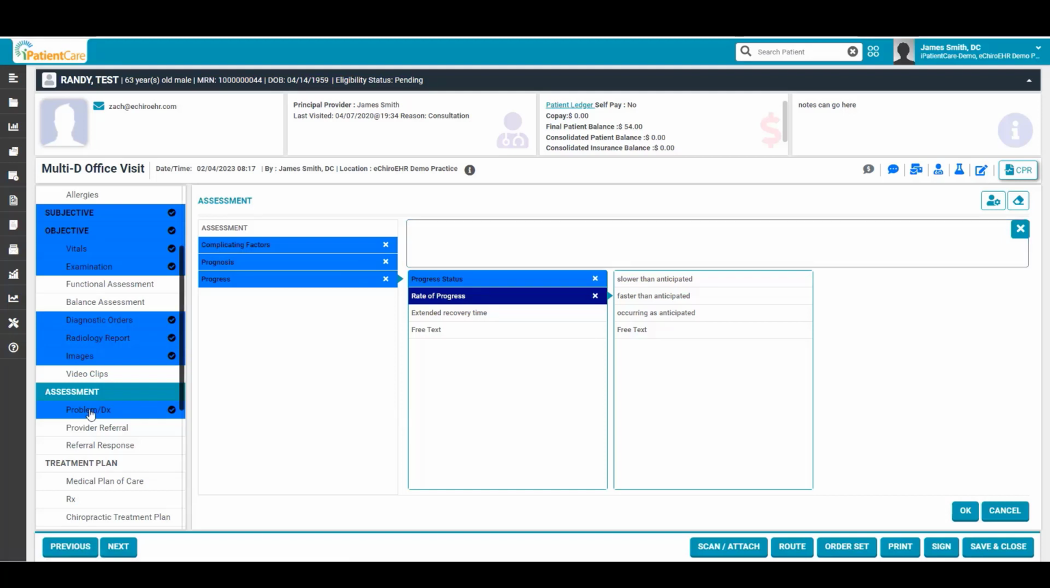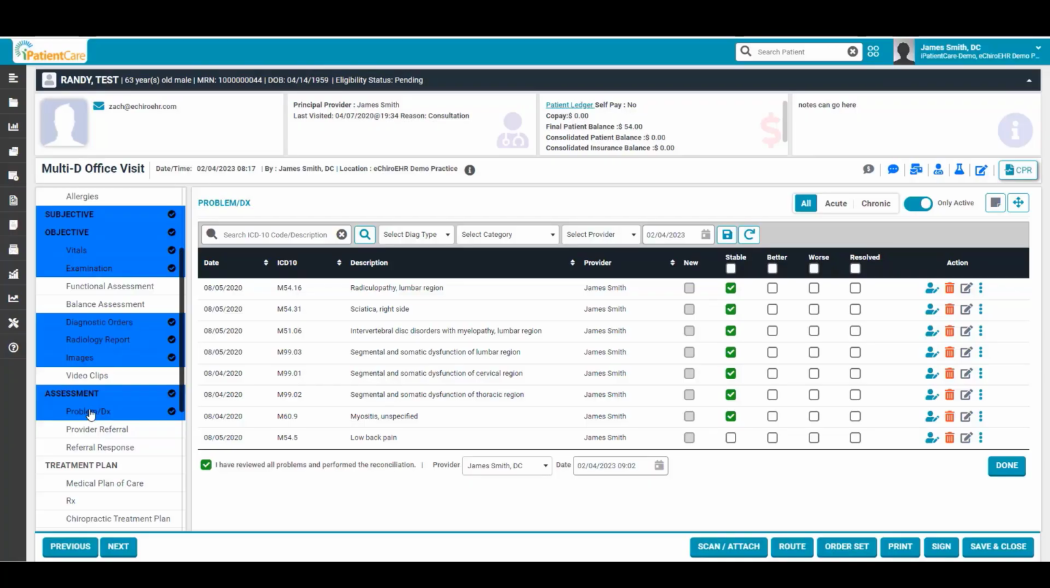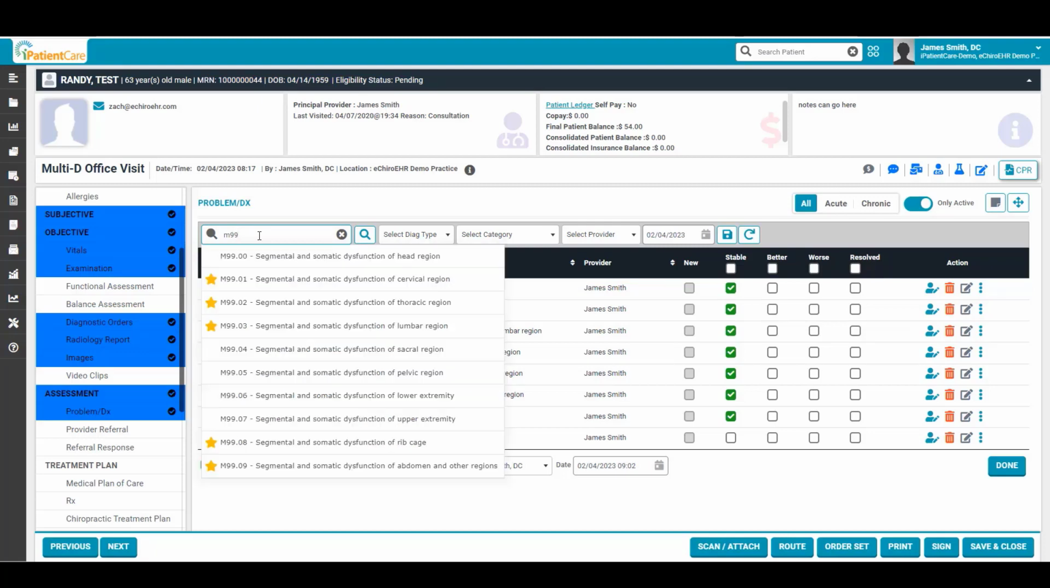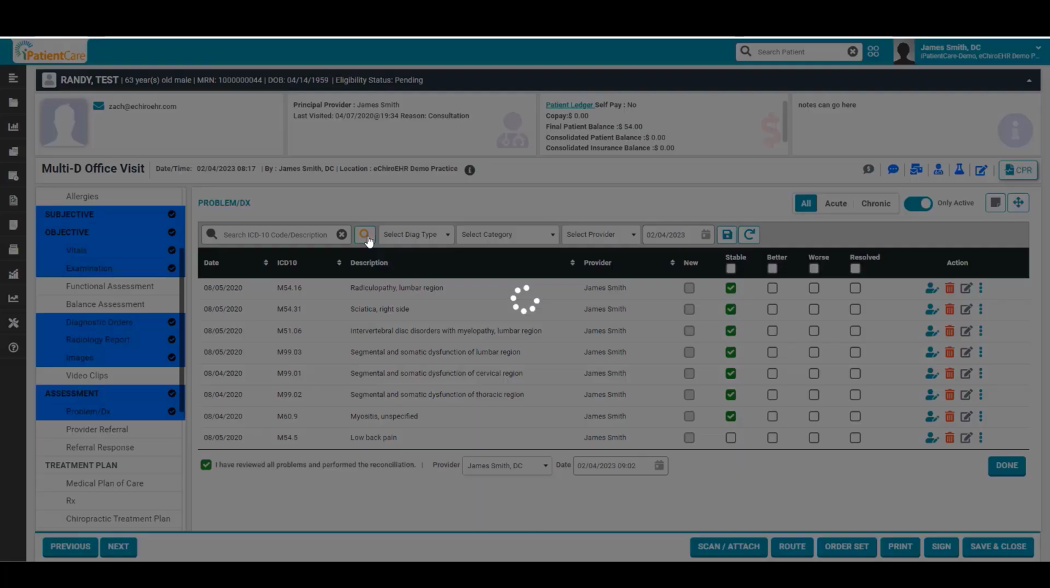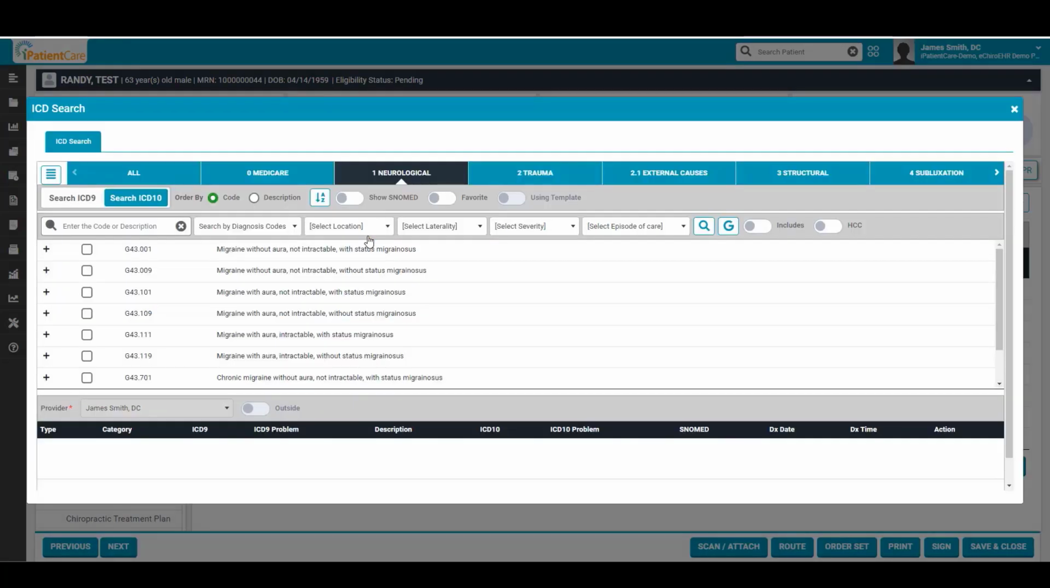Problem diagnosis section. This is the section where we assign diagnoses for the patient. So to bring in a new diagnosis for the patient, you can do it a couple of different ways. First of all, you can just do a direct search in the search field by just typing in 2 or more characters, and you'll see the drop down. Or what you can do is click on this search button, which brings you into this area of the note